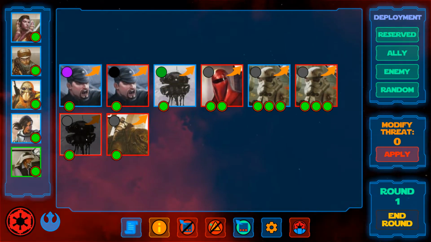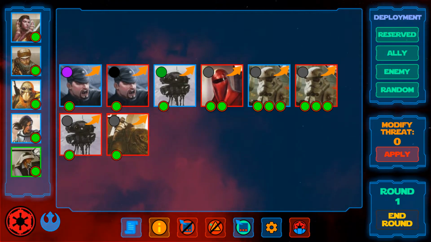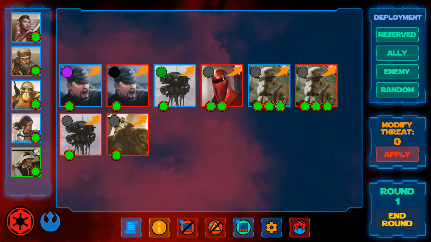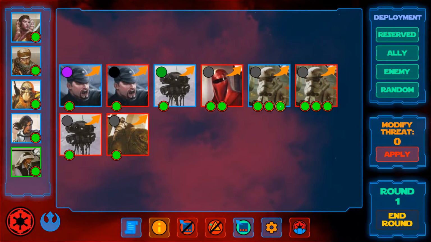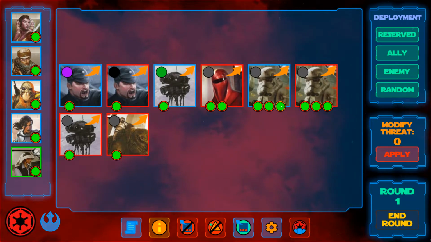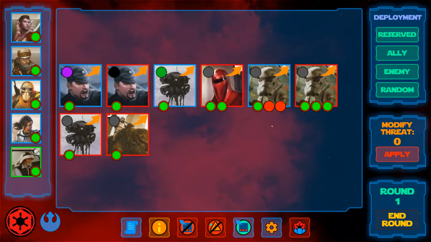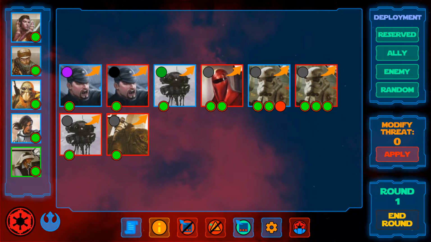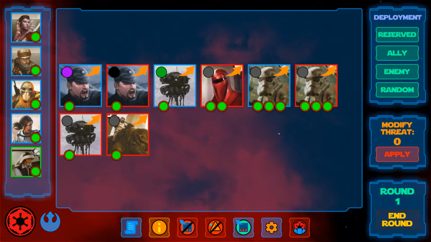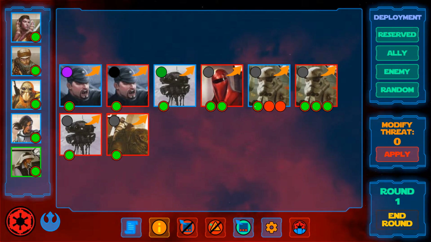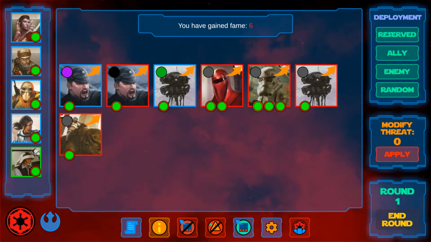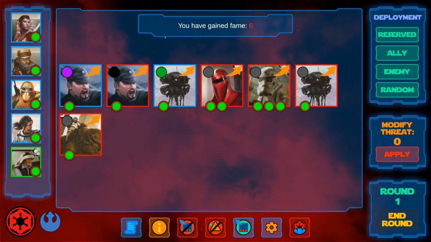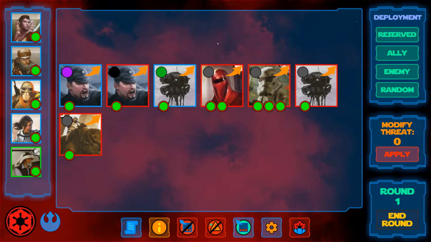The circles at the bottom show you how many figures there are in a group. The number of circles is the maximum number of figures. Green circles are deployed figures. When you defeat a figure, click or tap a circle to switch it to red and mark the figure as defeated. Likewise, you can redeploy a figure by clicking or tapping the circle again if you did this by accident. Once you defeat the last figure of a group, you defeat the entire group. When using adaptive difficulty, this rewards you with fame and reimburses part of the threat to the Imperial player.